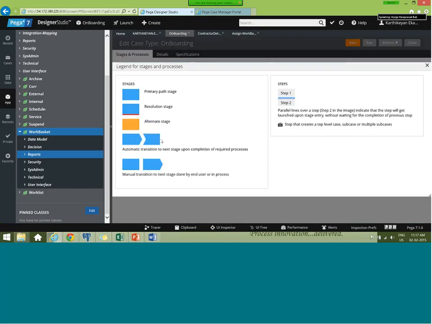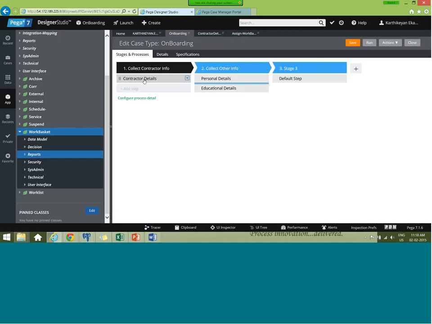This legend shows all the things. This is the primary stage and this is resolution. This is my alternate stage, this is my automatic transition, this is my manual transition, and this is my parallel steps. Got it? So what will happen when my contact details completes? It splits into 2 and then joins once this gets complete.